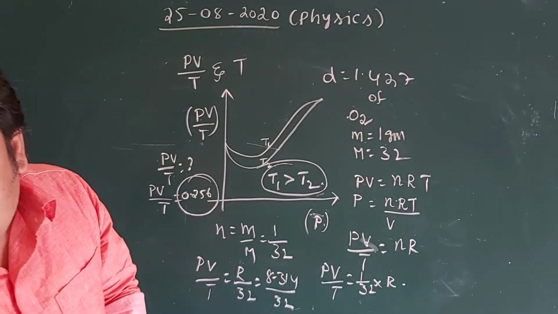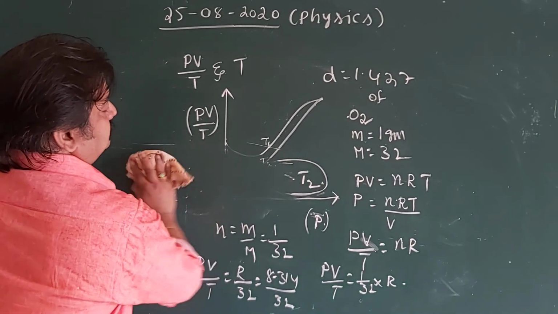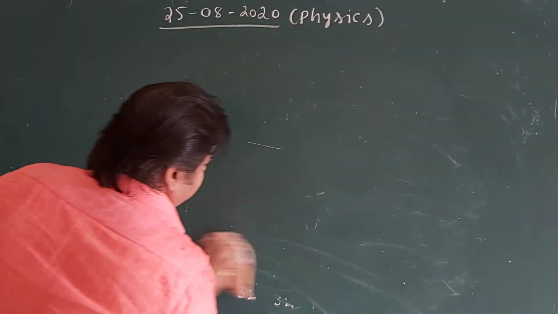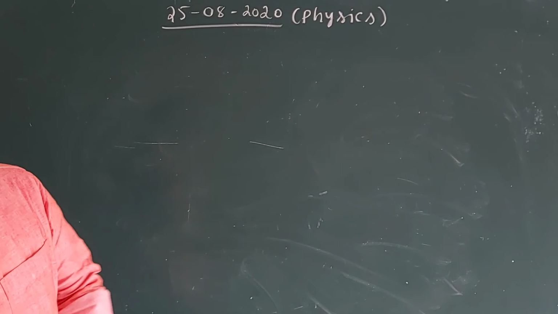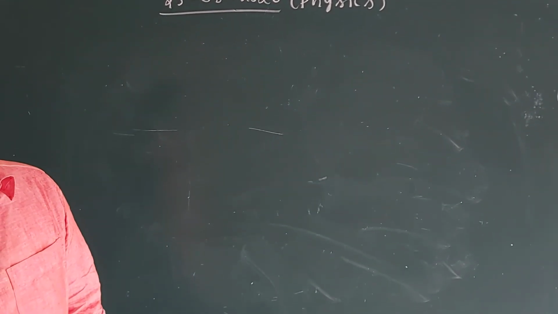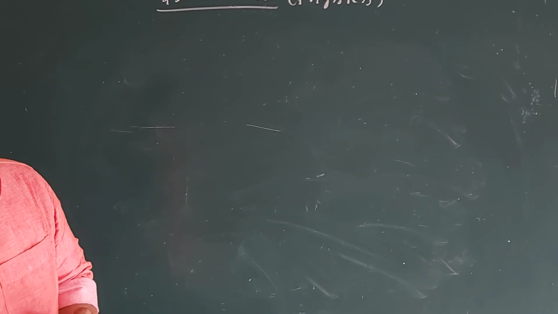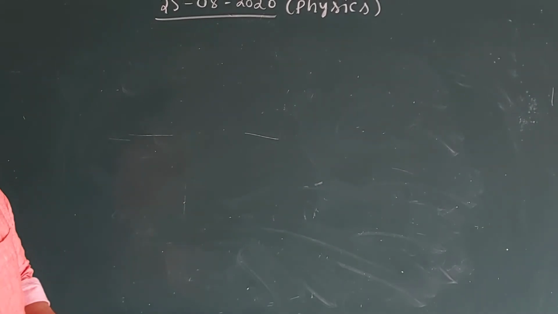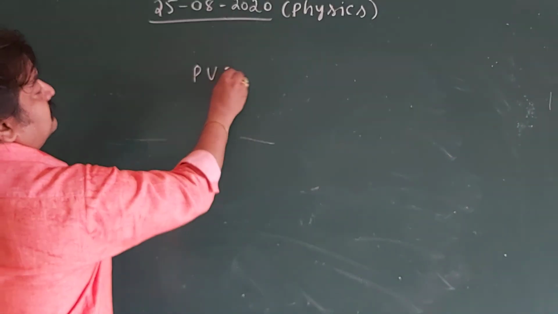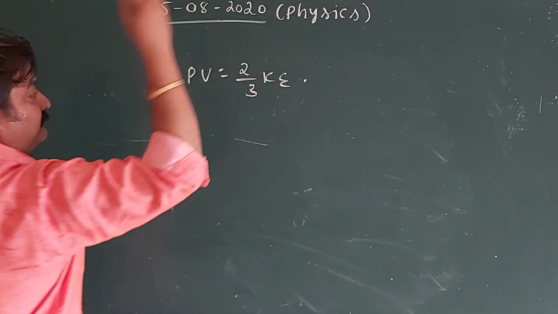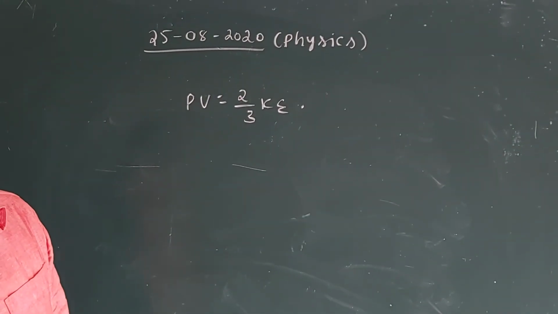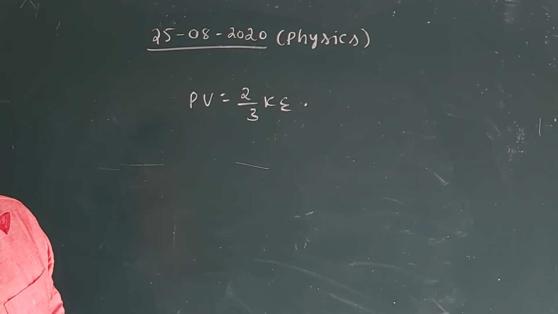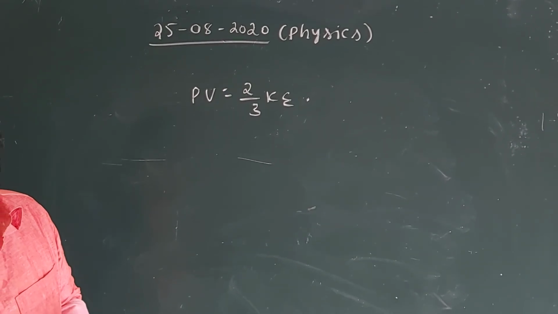And have a look at the last problem, the 15th problem. Diatomic gas molecules like hydrogen have energies due to both translational as well as rotational motion. From the kinetic theory equation, PV is equal to 2 by 3 KE. Then they ask you to find which of the following has to be correct. The total energy per unit volume, only the translational part of energy, because rotational energy is very small compared to the